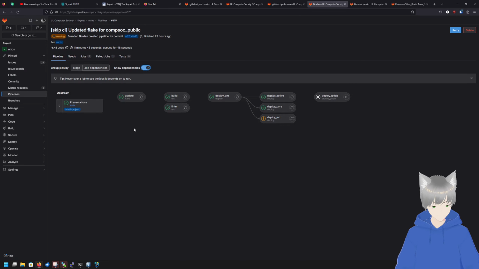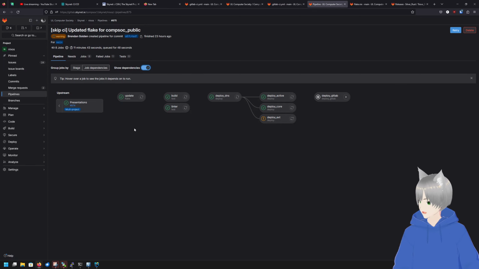Yeah, okay. And I think that's where I'm finished with that. I don't really have too much to add. It basically means that you can push to any of the repos that relate to the Skynet project, and it will automatically get bubbled up and update Skynet itself.